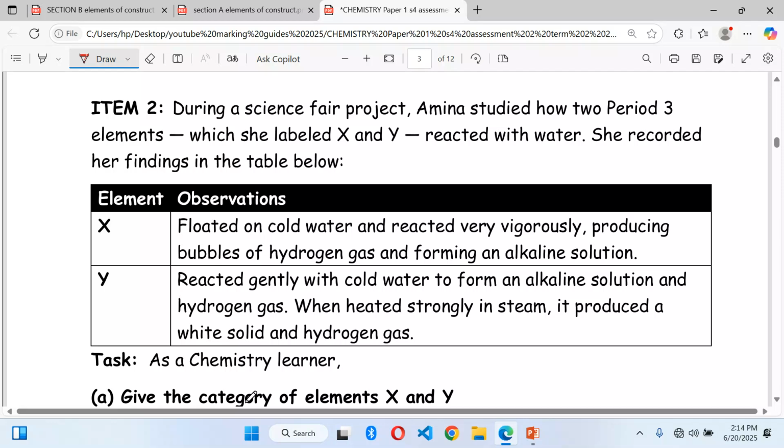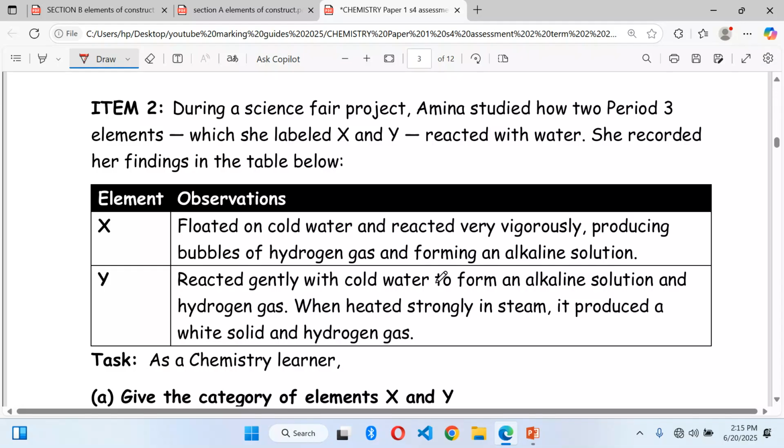Now, this girl is looking at 2 elements, X and Y, and all these elements are coming from period 3. Hope you have the periodic table. All period 3 elements, we can list them. We have sodium, magnesium, aluminium. From aluminium, you go to silicon. From silicon, you go to phosphorus. Now, as you move across, as you move in that order from sodium until when you reach on argon,